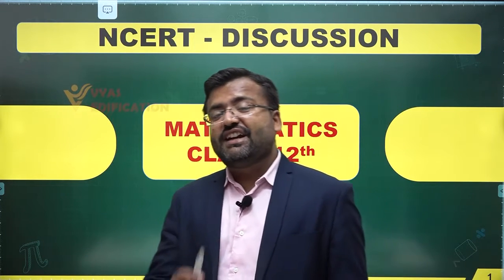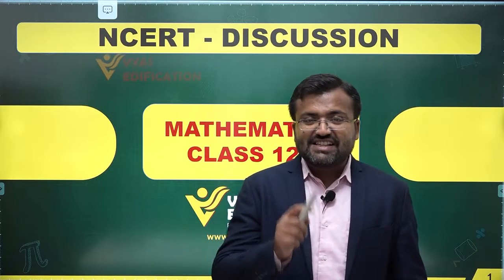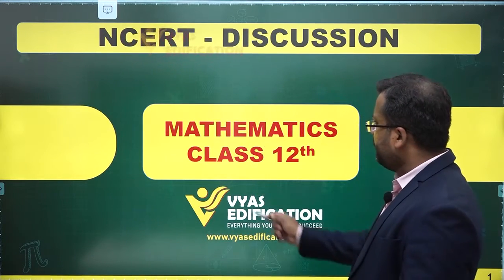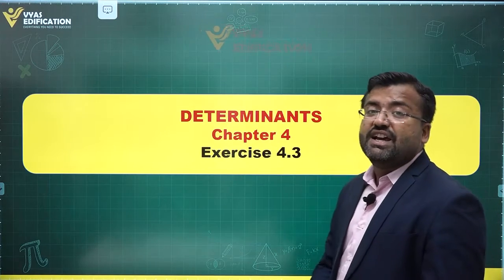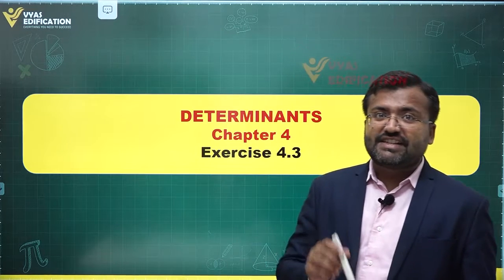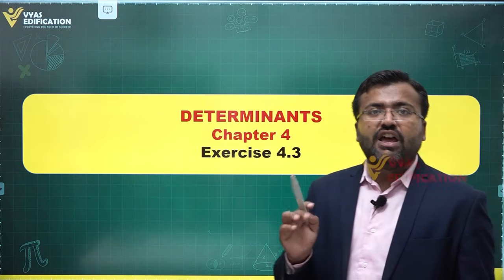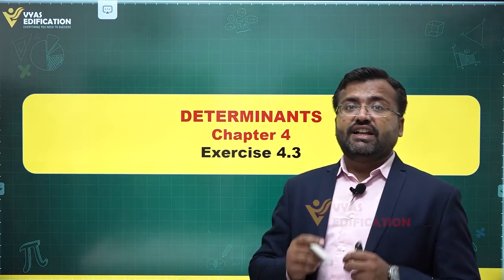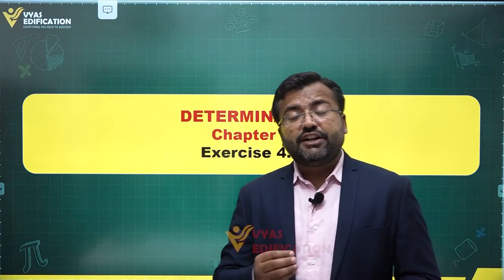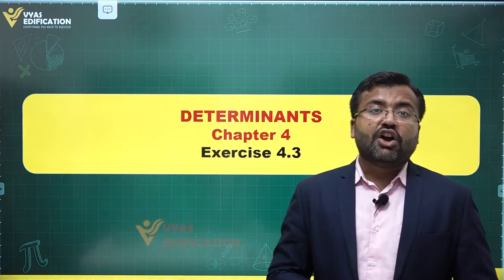In this series of NCERT discussion, we'll be beginning exercise 4.3 from Mathematics class 12th, based on the chapter Determinants. Today is the turn of exercise 4.3 and we'll be discussing all the questions associated with this exercise one by one. The topics that are covered in this exercise are related to application of determinants, something called area of